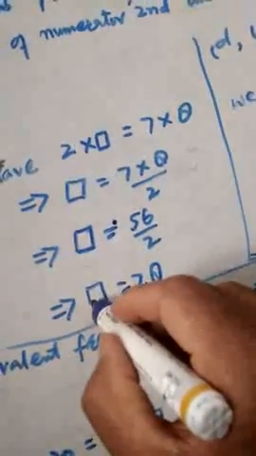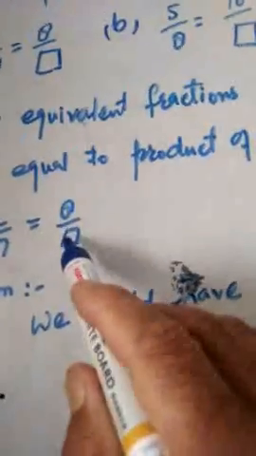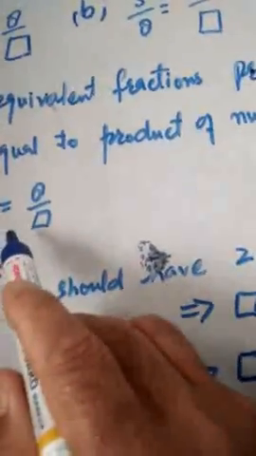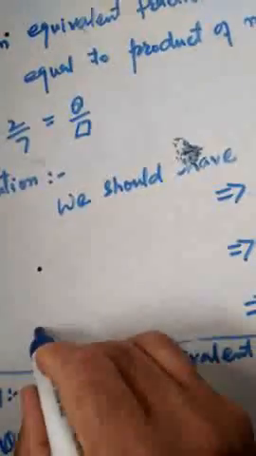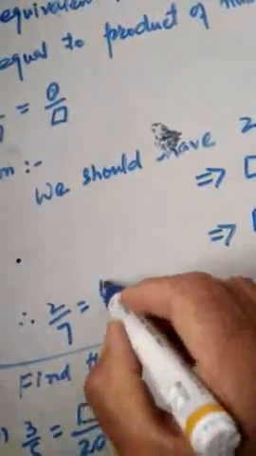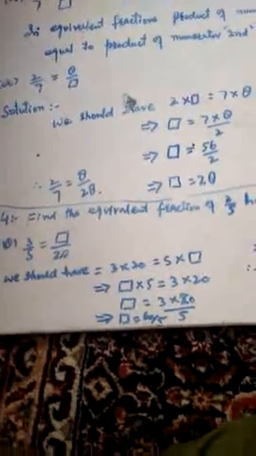That is, this blank space is equal to 28. Therefore, here must be 28, so the two fractions will be equivalent. So we can say 2 by 7 is equal to 8 over 28. This is our answer. Dear guys,